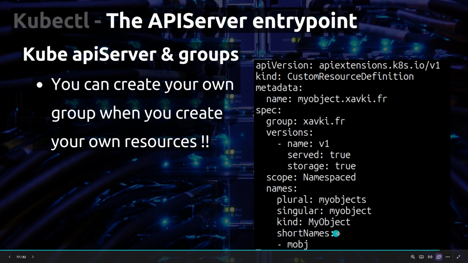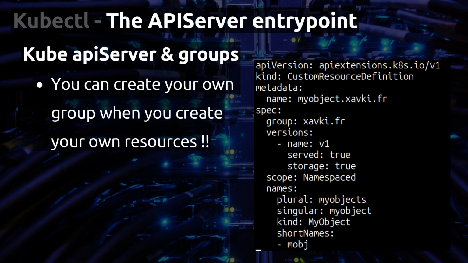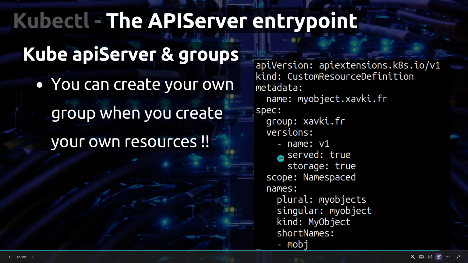And we can use an alias. These are short names, and the short name for pod is po. So if you run kubectl get po, it's the same as kubectl get pod.